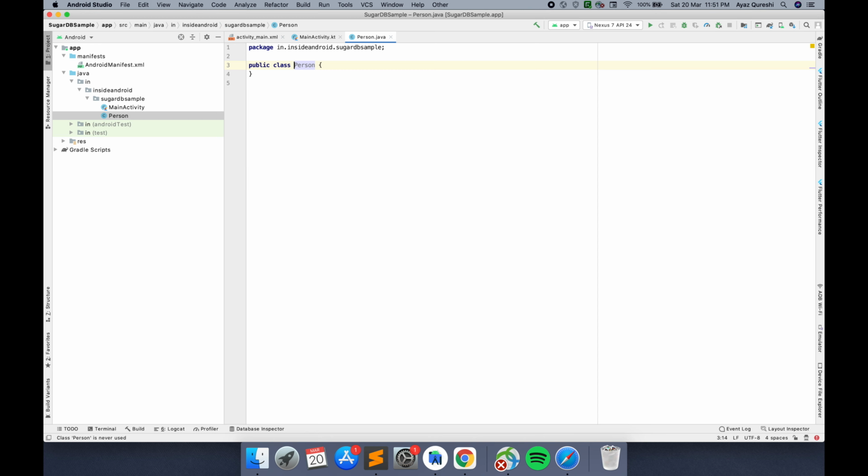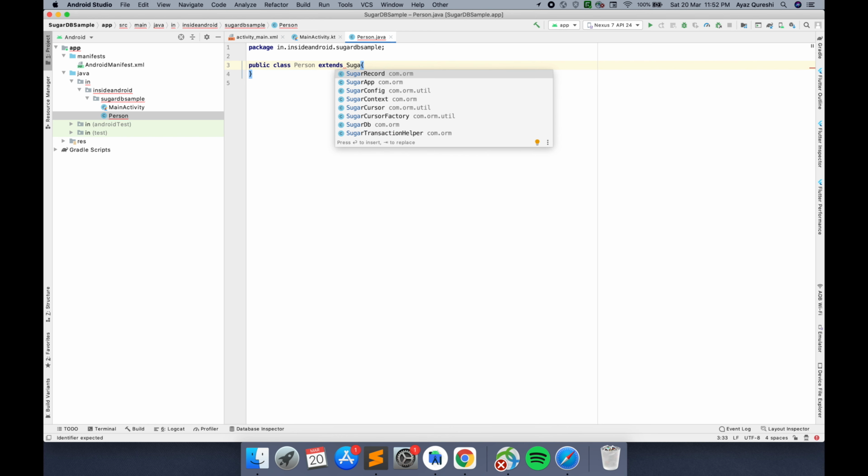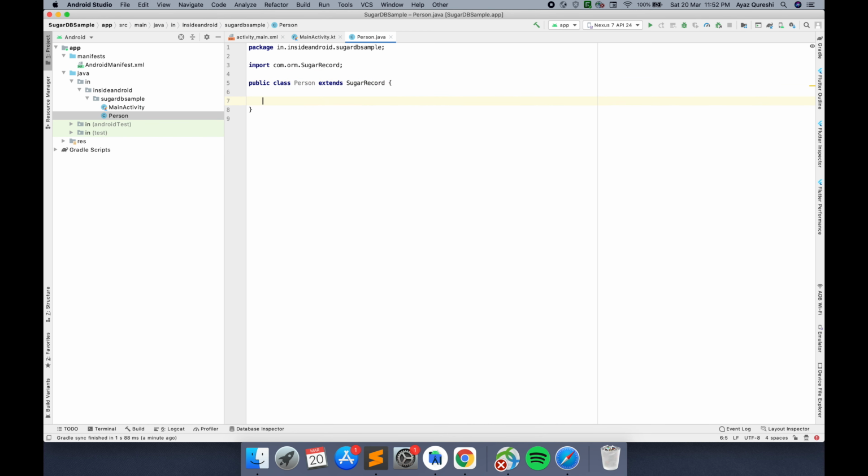name it person. Now to allow our class to have the functionality of a Sugar ORM table, we have to extend SugarRecord. Okay, and it is compulsory that you create a blank constructor, and what I want for person is name and age.